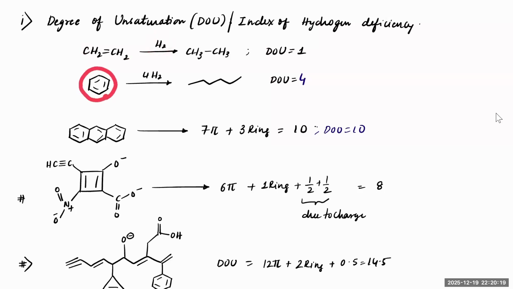If you have three pi bonds and a ring structure, to make it flat, I mean a straight chain, we require four hydrogens. So that number which you are writing is what we call the degree of unsaturation or index of hydrogen deficiency, or another